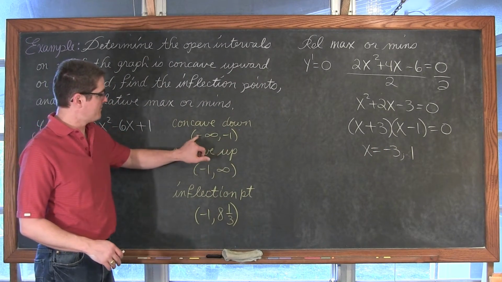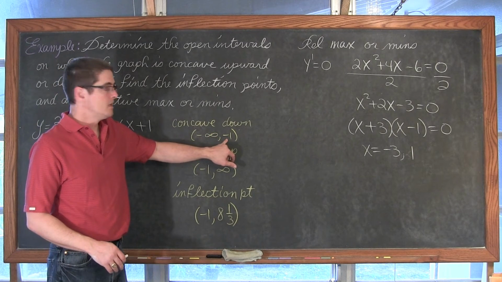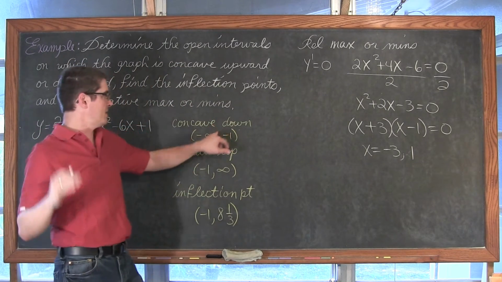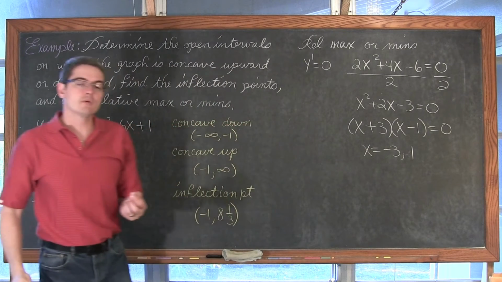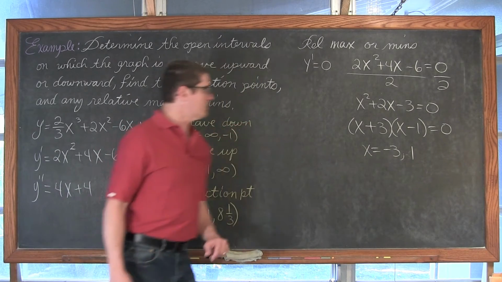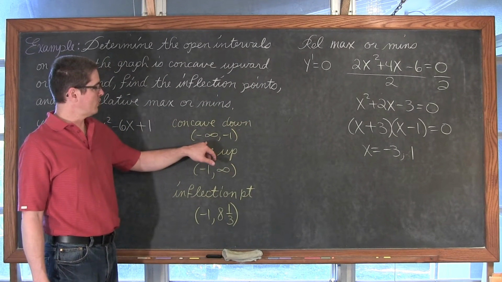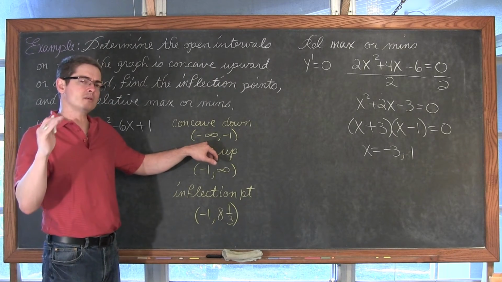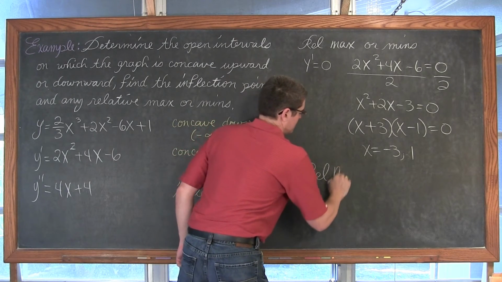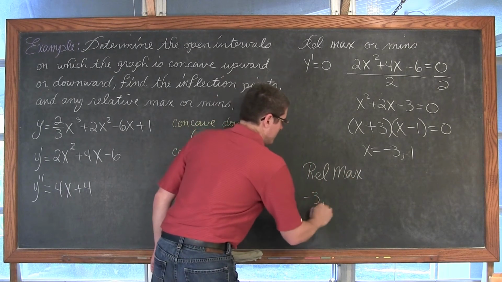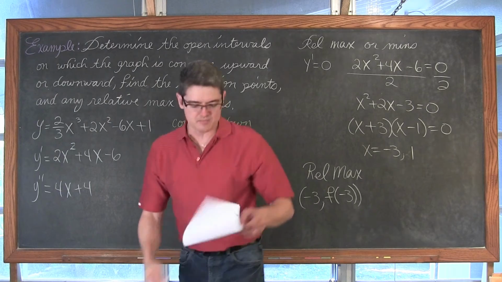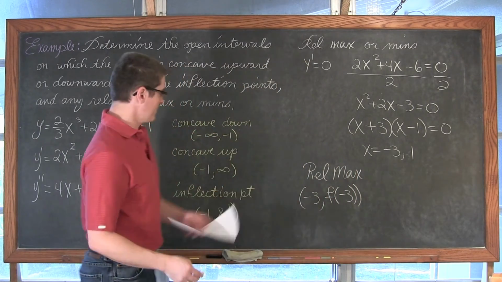interval. And within the interval of negative infinity to negative 1, the original function is concave down. So if the function is concave down and somewhere in that interval, negative 3, the first derivative is equal to 0, then I have already done the second derivative test. Where the first derivative is equal to 0, my second derivative is, let's see, concave down, right? So that second derivative was negative. So we have a relative maximum at negative 3, comma, f of negative 3. And again, right off the top of my head, that comes out to be negative 3, 19.